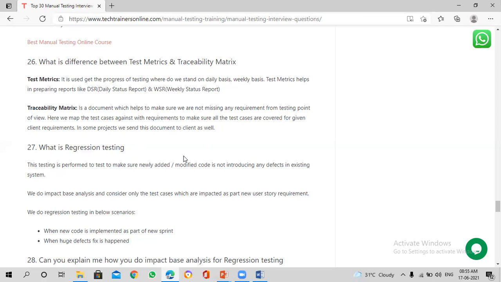So S1 is already in the market. Now I have the S2 version, and this version has another 10 user stories as part of sprint 1 and sprint 2.